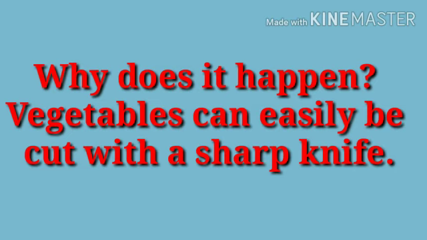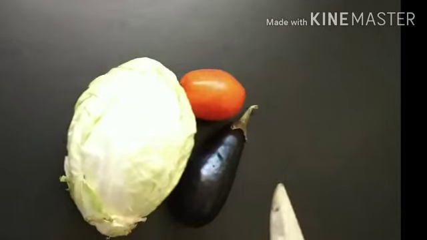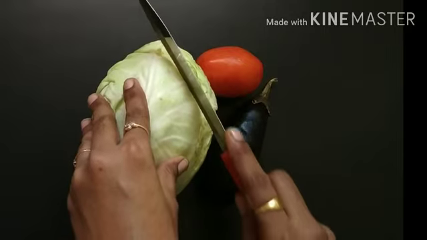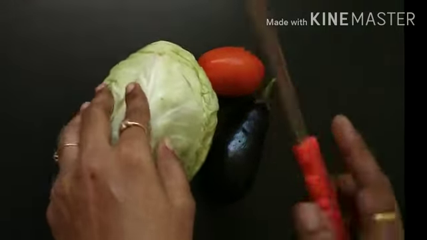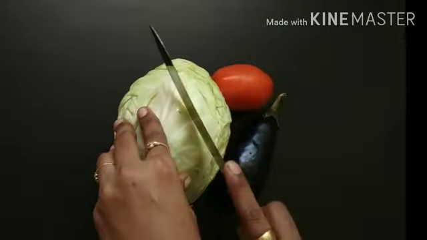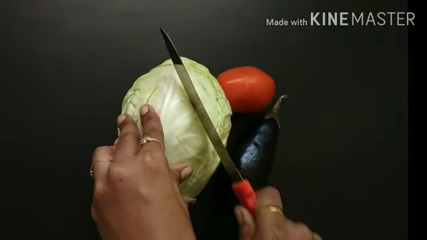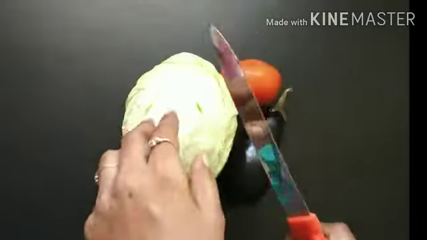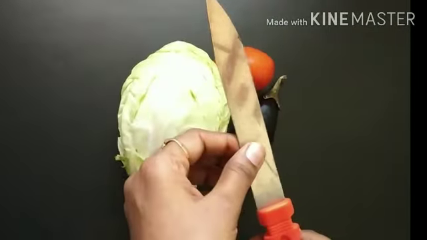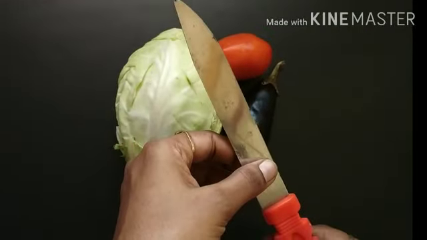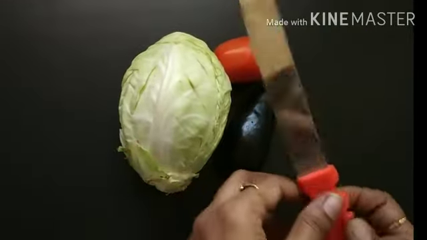Why does it happen? Vegetables can easily be cut with a sharp knife. You can easily cut the vegetables using the cutting edge of the knife. But if you use the blunt edge of the knife, it will be difficult to penetrate. What is the reason in this case? Well, at first sight, the two edges might look the same to us. But if you look at them carefully,